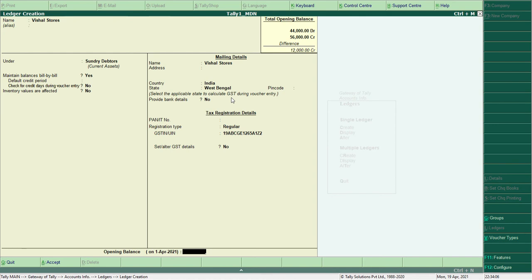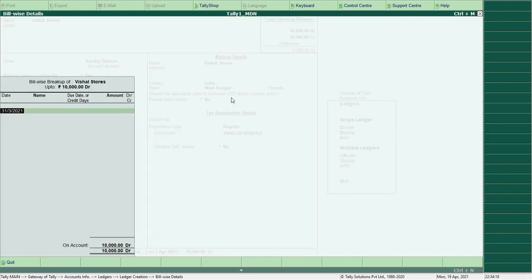Now when the party has more than one bill, you always have to include the total amount. Here two bills are there and the total amount is 10,000. So I have included 10,000 here. But when I click enter, it takes me to the bill-wise breakup. Here I will put the bill-wise breakup. Tab. First bill was P02. The amount is 5,000.